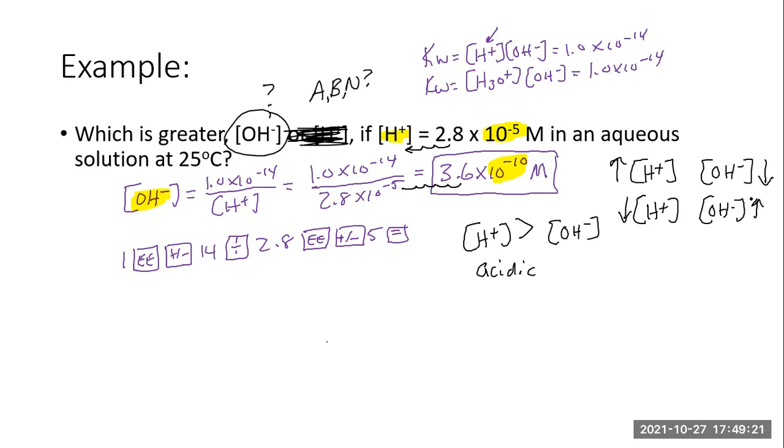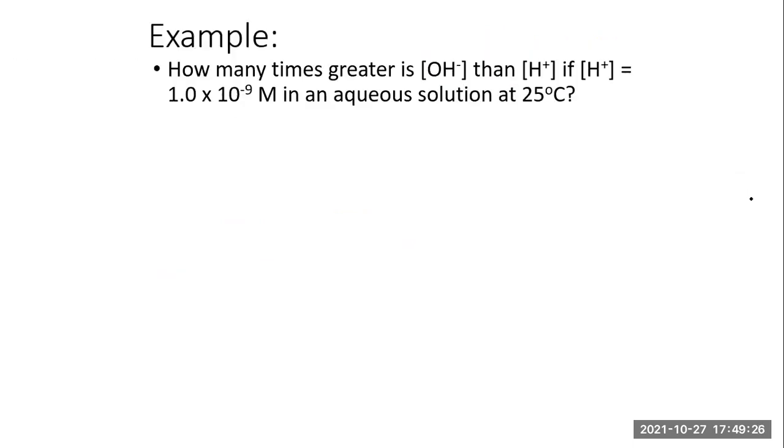All right, let's try another one here. And again, we'll do something different here. Let's just go with the OH minus concentration again. Forget about how many times greater. Let's just solve for the OH minus. And again,